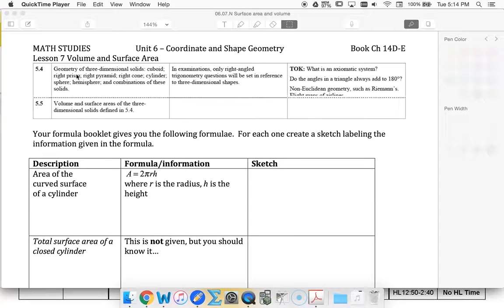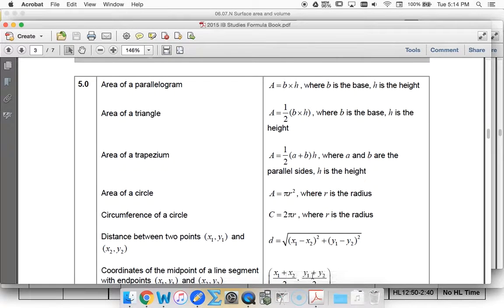All right, the aim for this lesson, students, is volume and surface area, and this comes in sections 5.4 and 5.5 of our syllabus. And so those are also the areas of our formula booklet that are going to be super handy for us. So if we go in and look at the formula booklet, we can see we've got